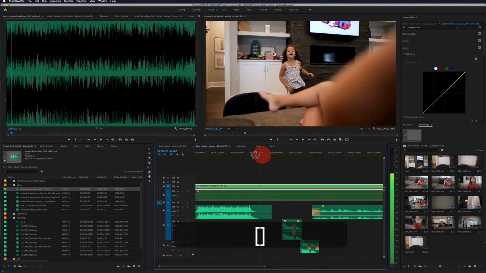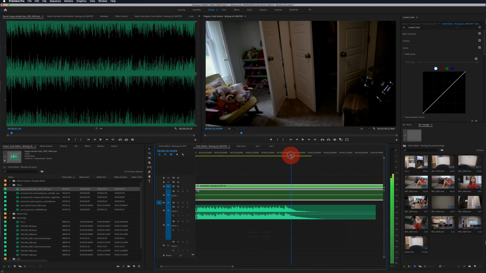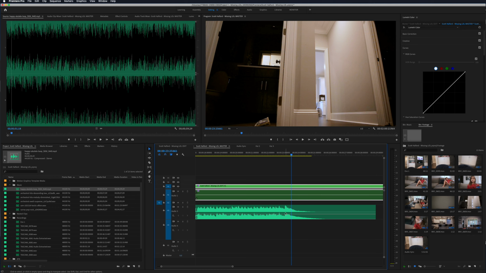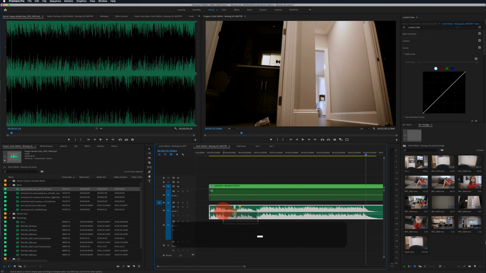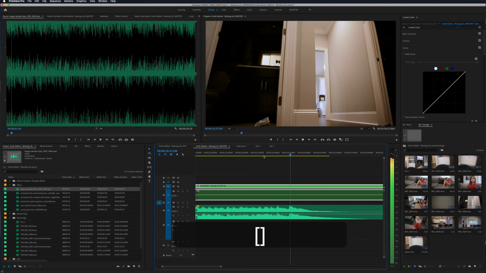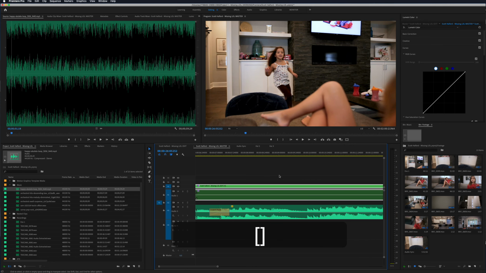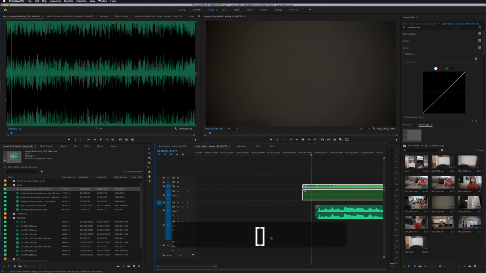Ooh, that's actually kind of a happy little accident. So let's do the ding right on this frame right here. Got to make sure we grab both of these. Zoom back in on this. Put that ding right there. All right, cool. So now that this is a little shorter,